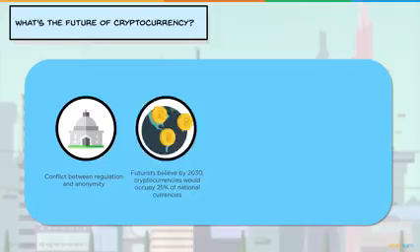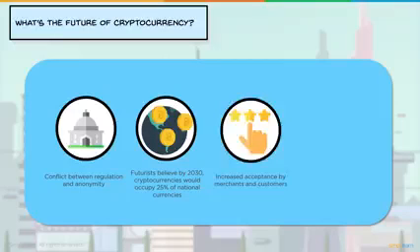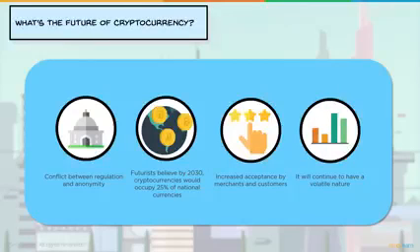By the year 2030, cryptocurrencies would occupy 25% of national currencies, which means a significant chunk of the world would start believing in cryptocurrency as a mode of transaction. It's going to be increasingly accepted by merchants and customers, and it will continue to have a volatile nature, which means prices will continue to fluctuate like they have been for the last few years.